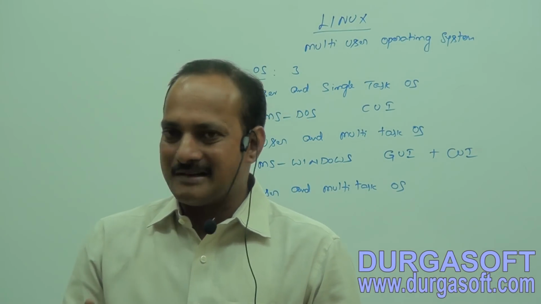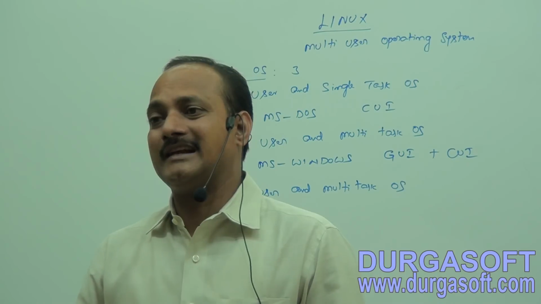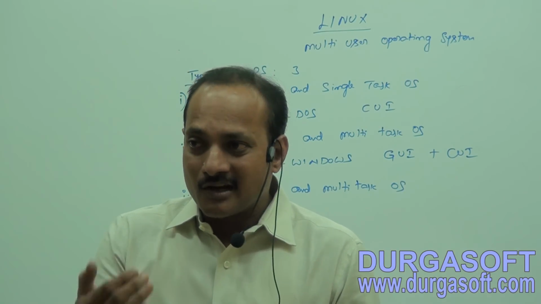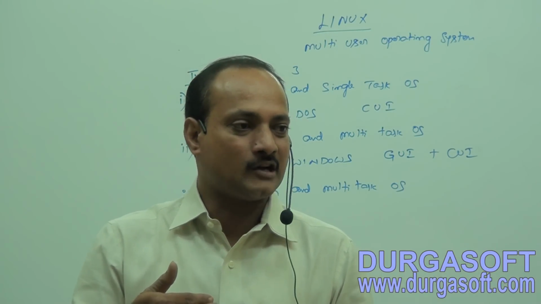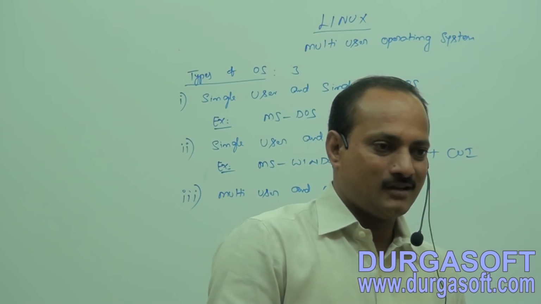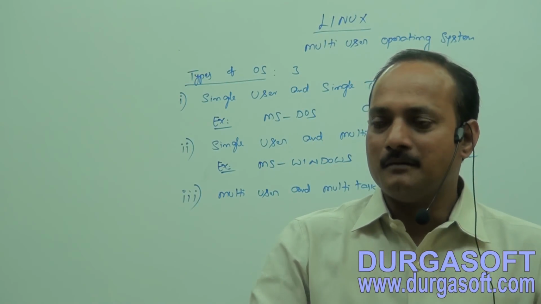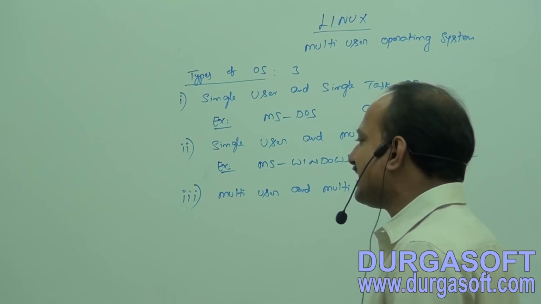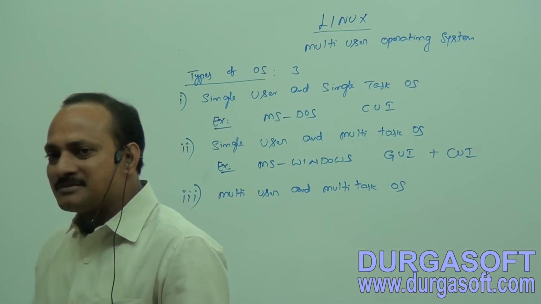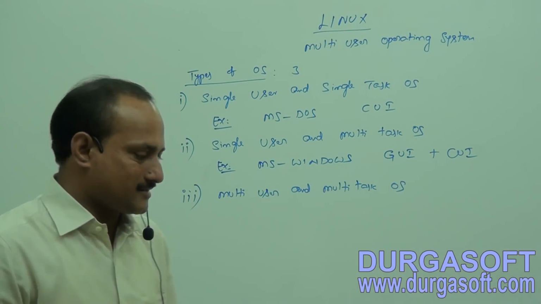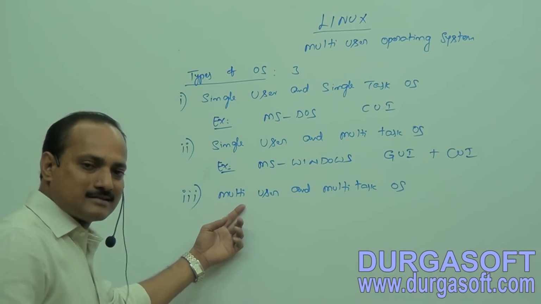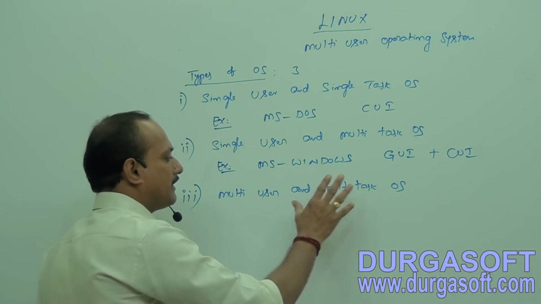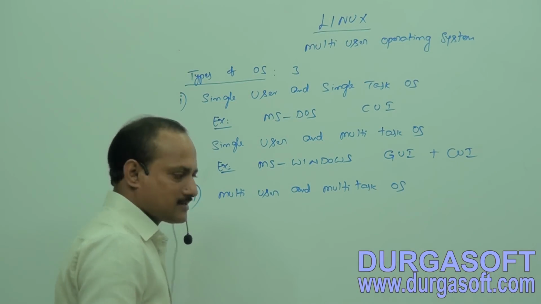Once I have connected to my system, there is a chance for the next person to log on to the same system without logging out of mine, without logging out from my account. I am still in logged in position, but still it is accepting some other user. It is facilitating logging on to the same system for multiple users. That's why we can say it is called a multi-user operating system. And the allowed users are able to perform multiple tasks at a time.